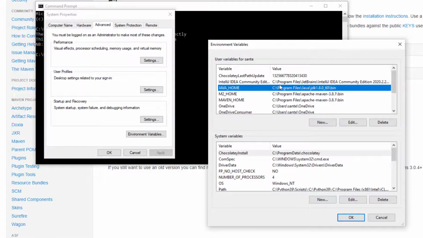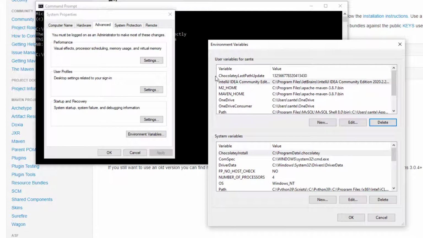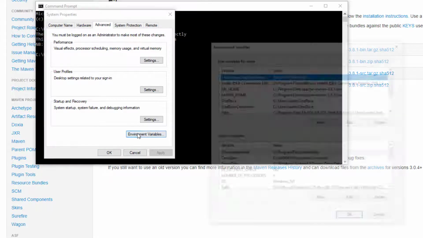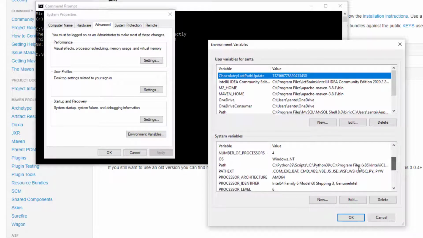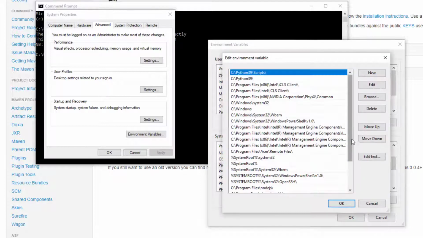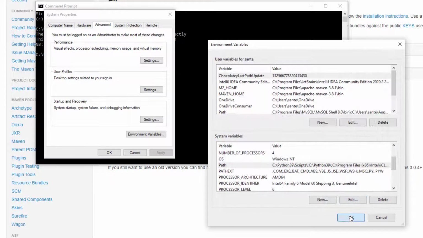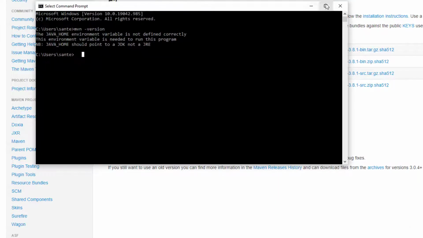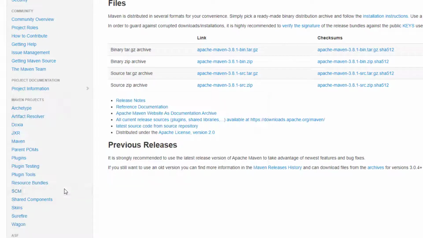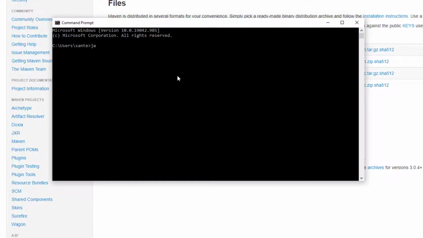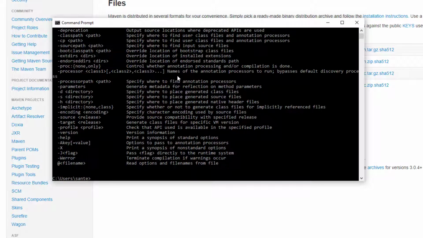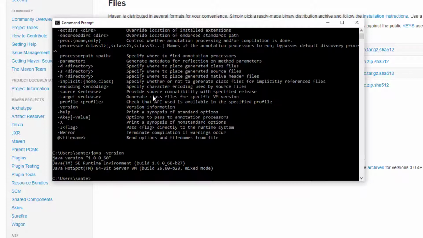I'm going to delete this one from there and try it out to see if it's going to work, because we already have it here. I added this directly to the path, if you remember, and it's down here. Both of them are here. Let's see if it works this time. Restart CMD again, and first of all let's try javac first. Yes. And java -version, yes, it's still working.